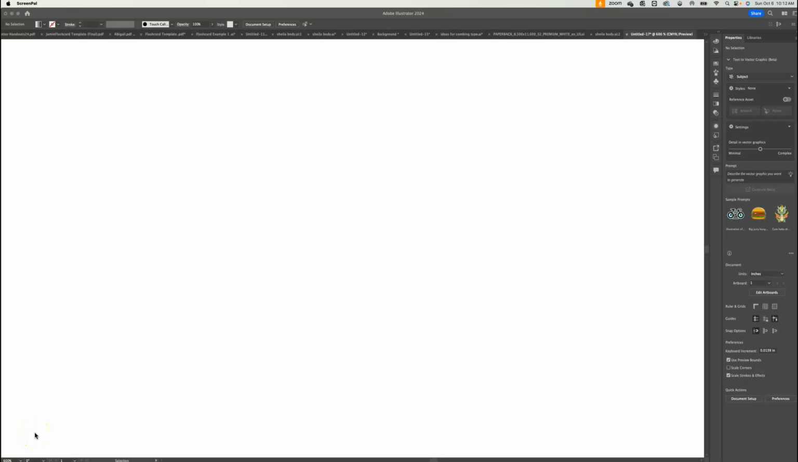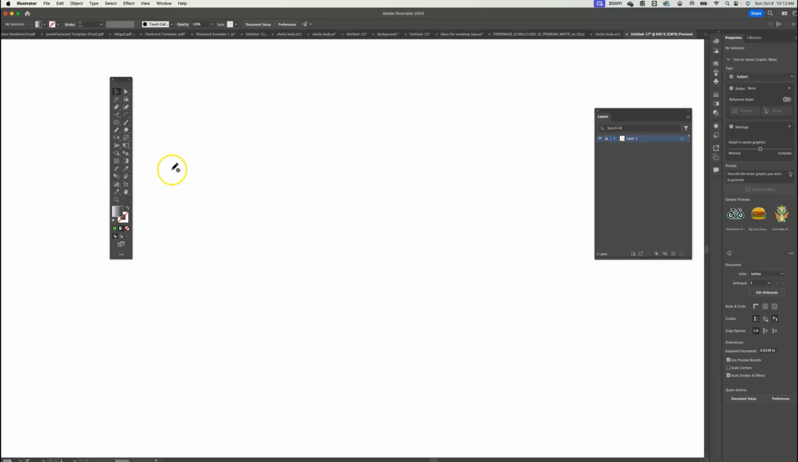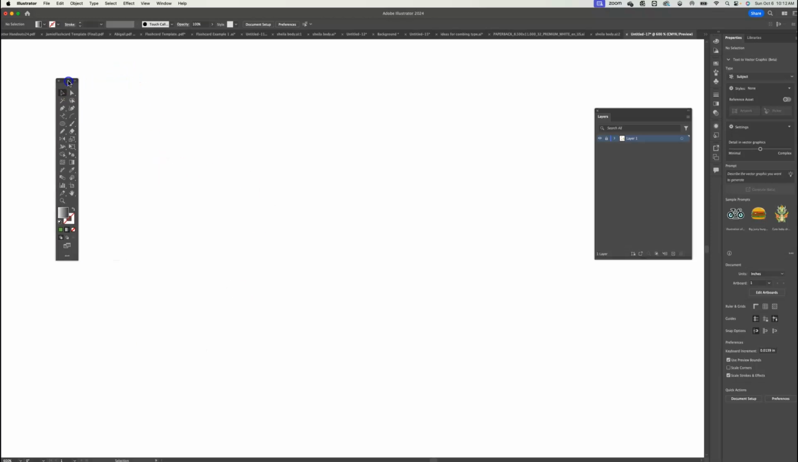Hi, everyone. So today we are going to be looking at the symbol sprayer and the symbol palette. So if I get into Illustrator over here, I've got a document open. I'm kind of zoomed in right now just to give you an idea. The place that the symbol sprayer is